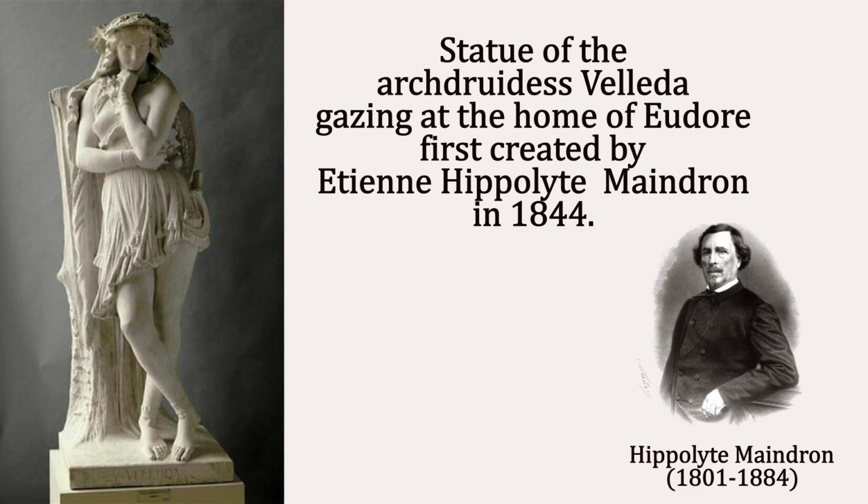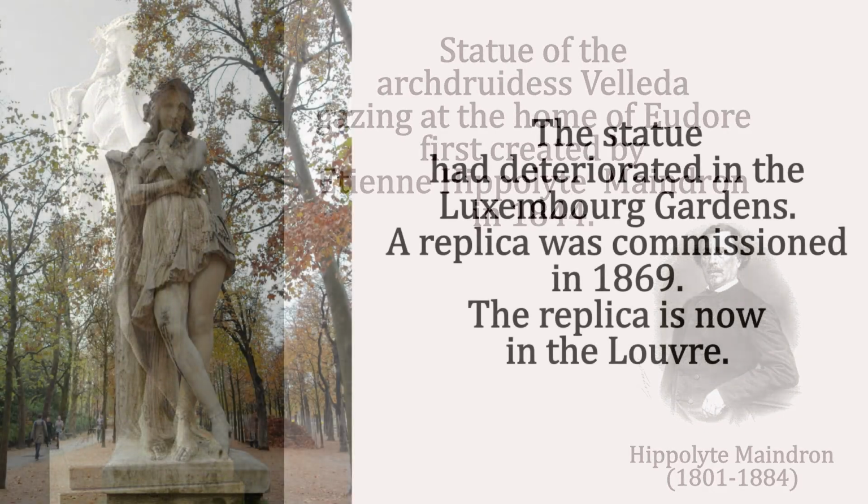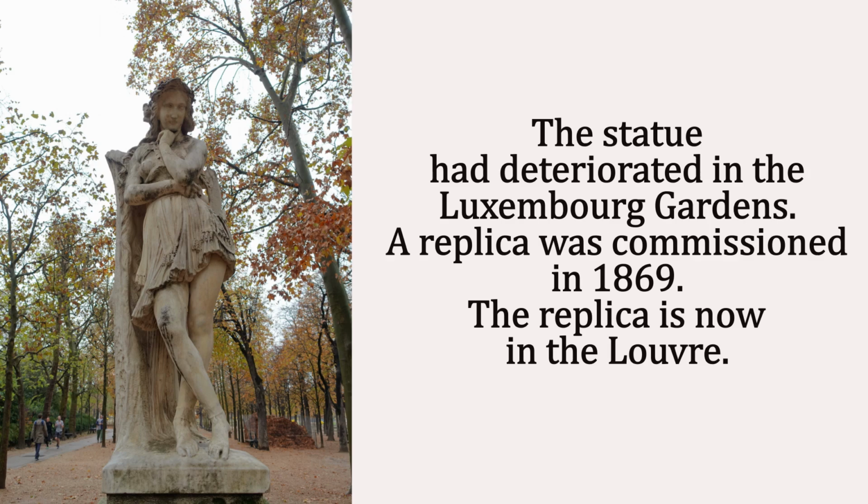To the left is a statue of Veleda. She was a historical character, a Germanic seeress rebellious against the Roman Empire of Vespasian. She's mentioned by Tacitus and Statius. In the 19th century, she would have been better known as a character in René de Chateaubriand's prose epic Les Martyrs of 1809, where she's depicted as an arch-druidess whose romantic love for Eudore, a Roman soldier under Diocletian, causes